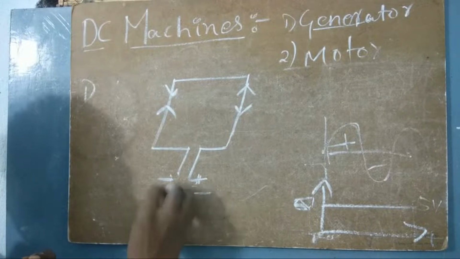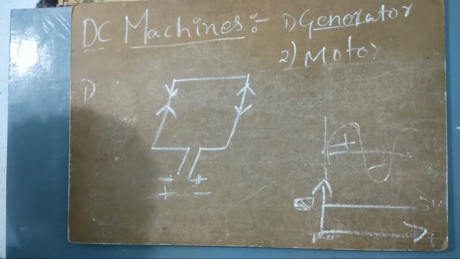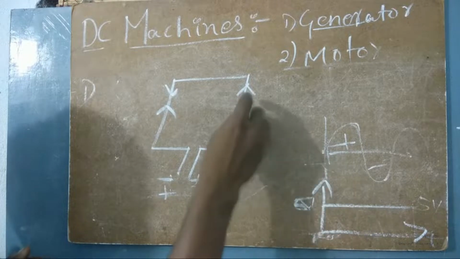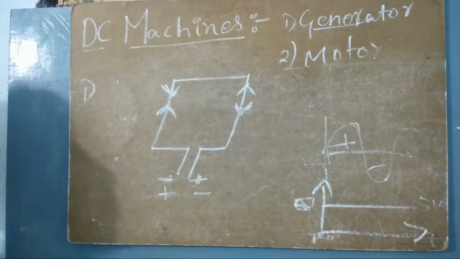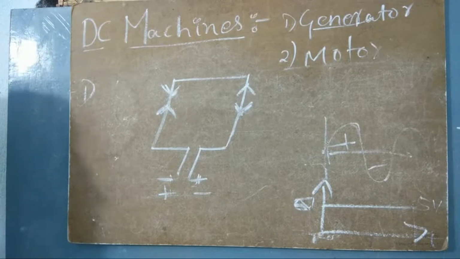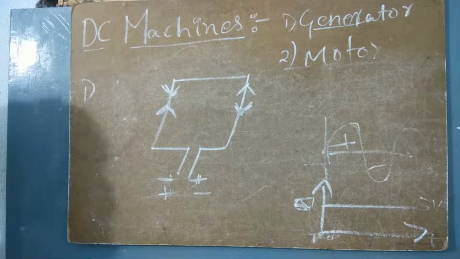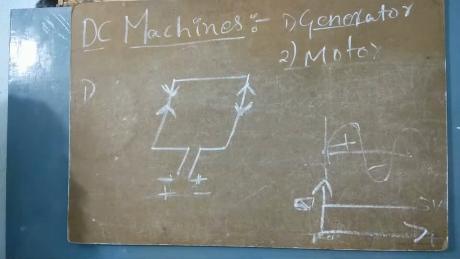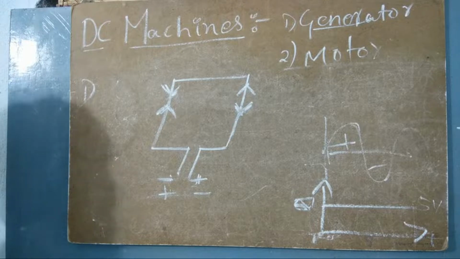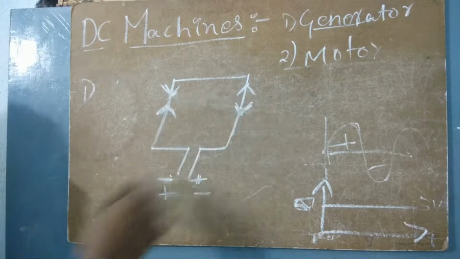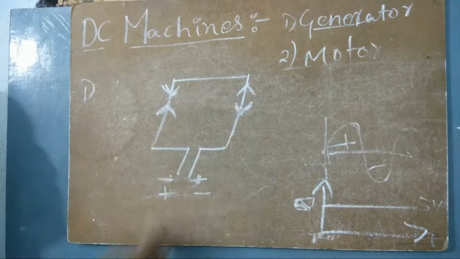But here the direction is changing in the case of AC. Here I have one direction and then another direction. So I call AC a bidirectional current. Bi in the sense of two; the Latin for two is bi. Uni means one; the Latin for one is uni, and we can also call it mono. So bi means we will have two directions. The current in this diagram is flowing in two directions, so it is called bidirectional current.